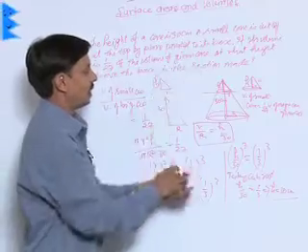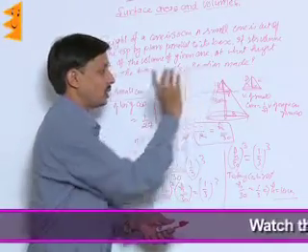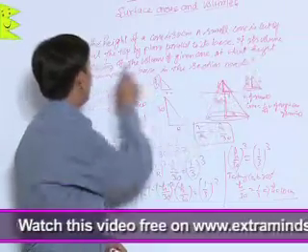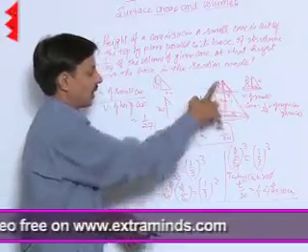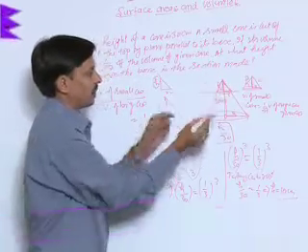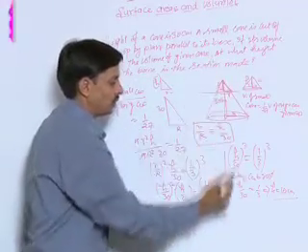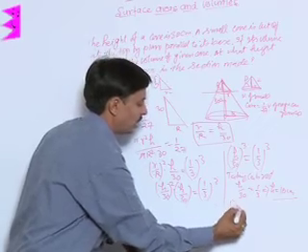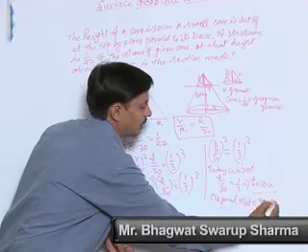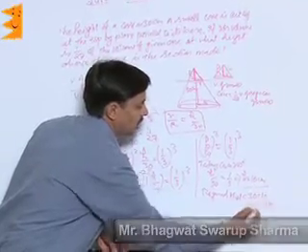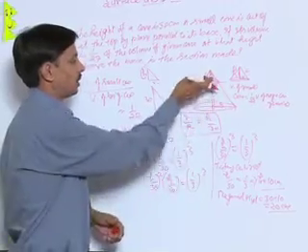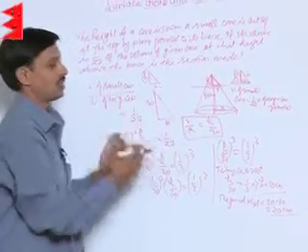Height 10 centimeter is the height of the small cone which is cut off. But required is at what height above the base. The total height is here 30. From this point, at what height it is cut? 10 centimeters portion is removed. So required height is equals to 30 minus 10 is equals to 20 centimeter. 20 centimeter is the required height above the base to make this section.